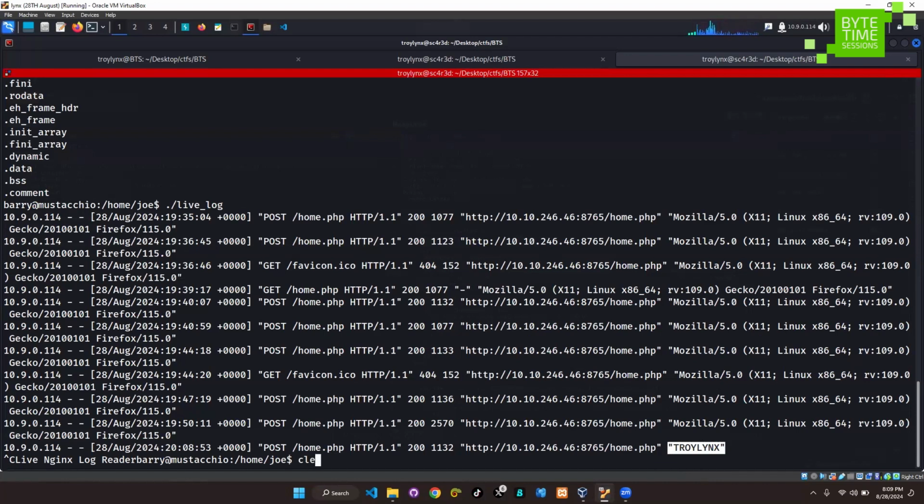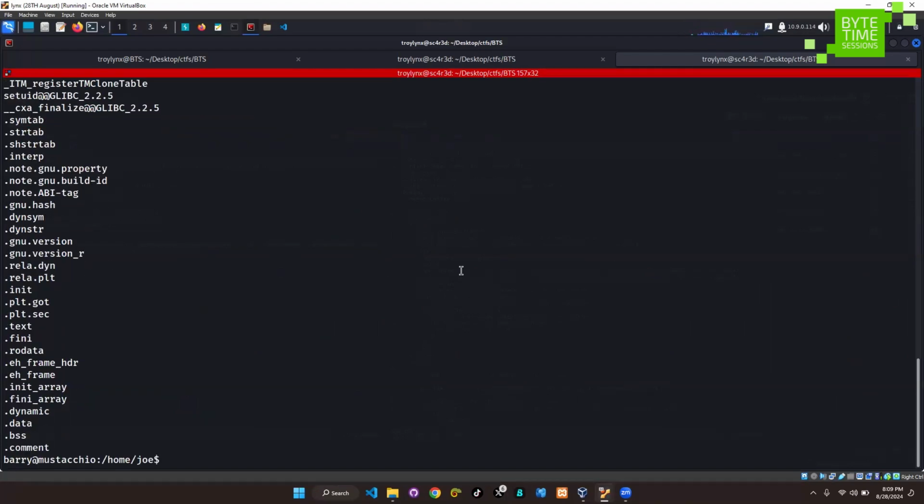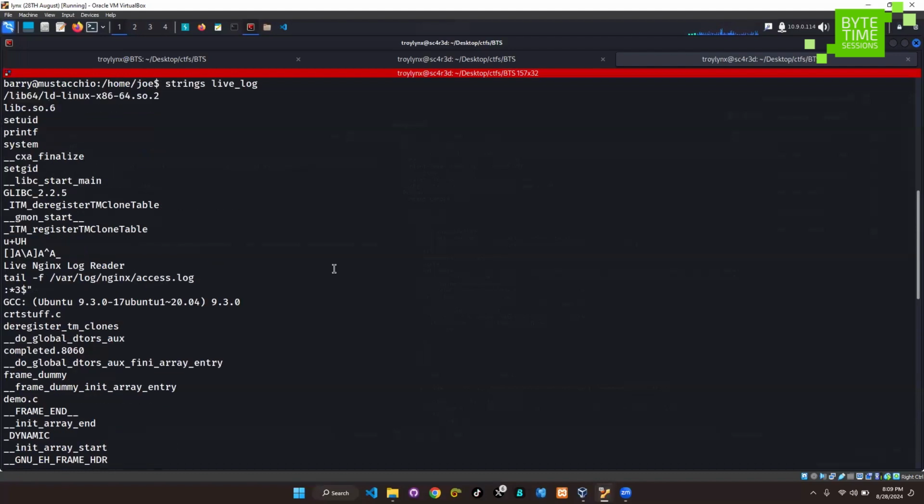Okay. Now, let's do the strings something again. And this guy should come down here. Strings on live log, I guess. This is the code that has been executed, right? Okay, yeah. So what we can do to exploit this is